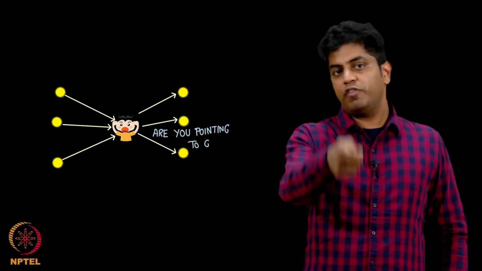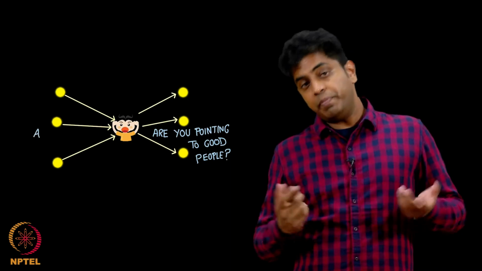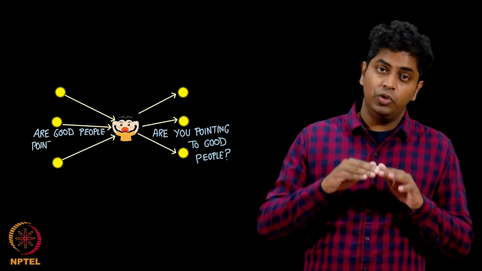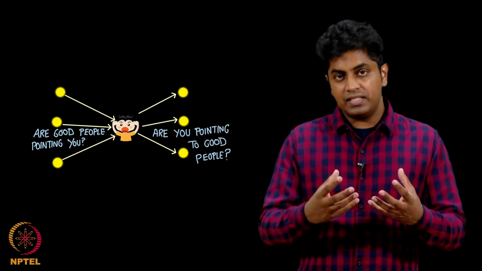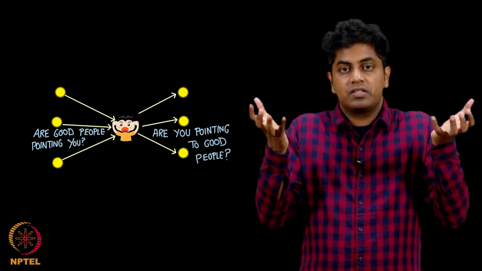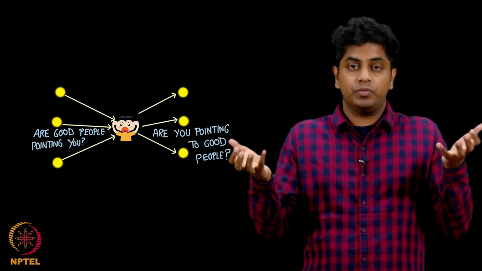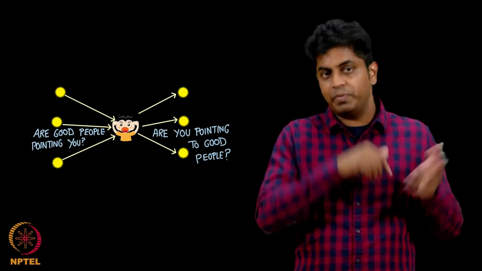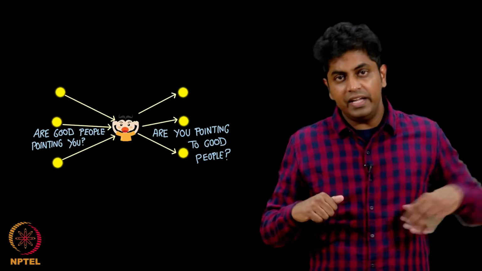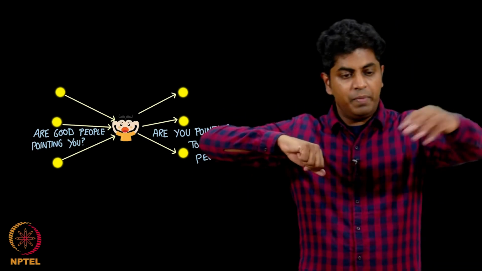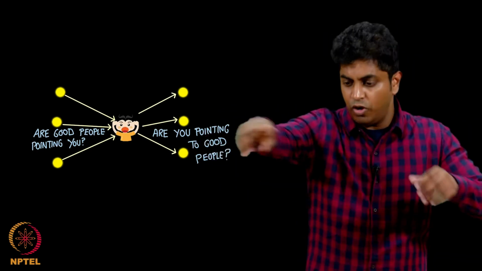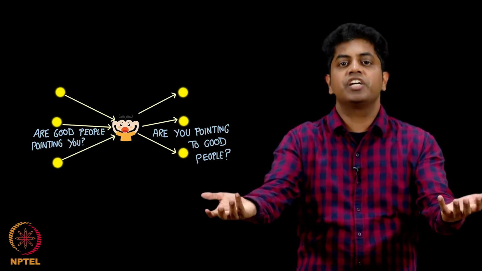Who points to you and whom you point to are 2 different things. Are you pointing to good people is one way of measuring a person, are good people pointing to you, or a good number of people pointing to you, is another measure. So, every person has these 2 parameters: are you pointing to good resources, good people, or are good people pointing to you. This is exactly similar to the previous case where people who are recommending and the places or people who are advising that there is a solution this side, these were 2 different sets.